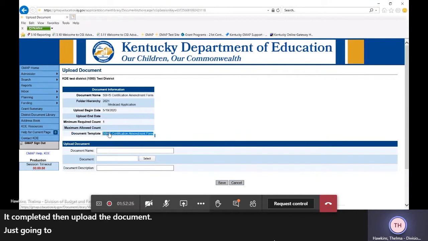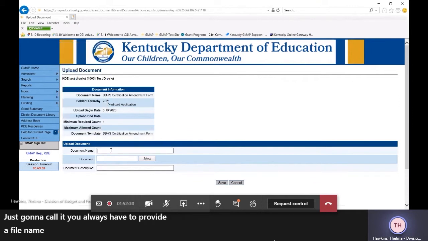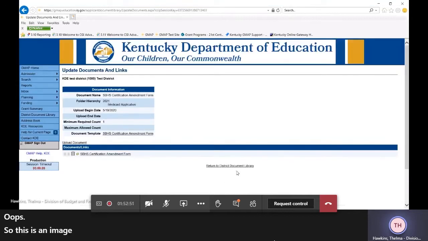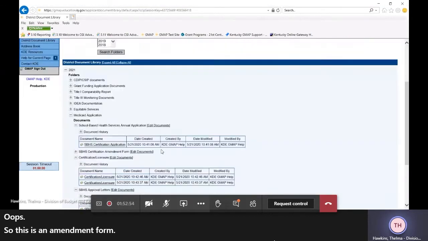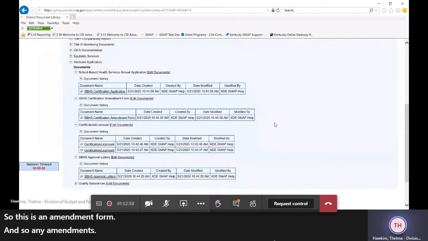You always have to provide a file name. So this is an amendment form, and any amendments would show up under here.